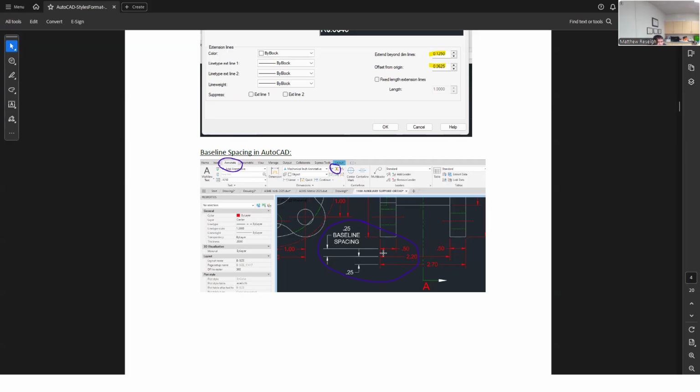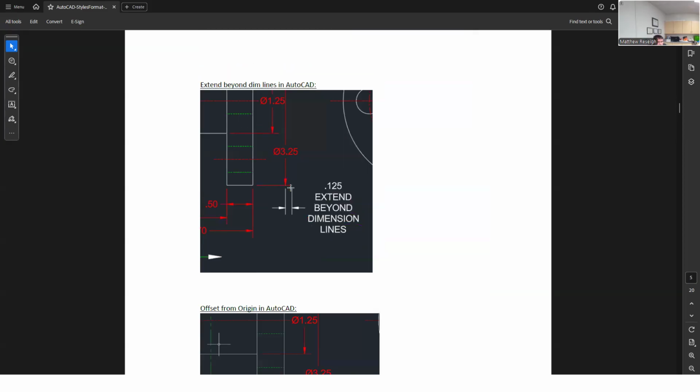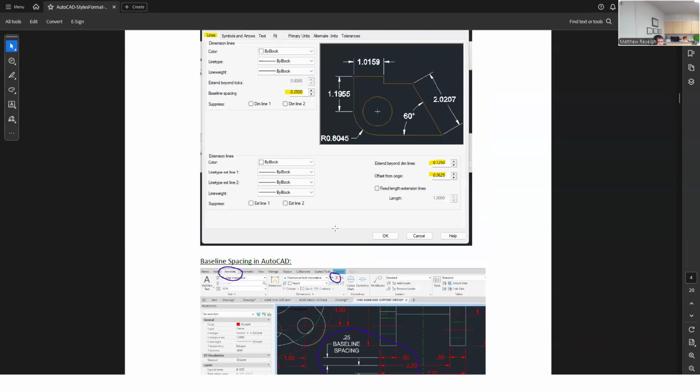So that's important. The other thing that we changed was the extend beyond dimension lines, and that's what's going on here. The extension beyond dimension line, this is just another image where we've got a dimension, and from the arrowhead out, this is always designed to be longer. ASME likes this 0.125 extension beyond dimension lines. You'll notice when I'm establishing these distances,